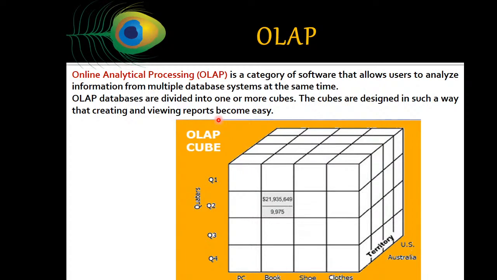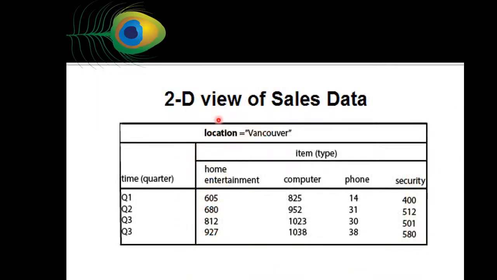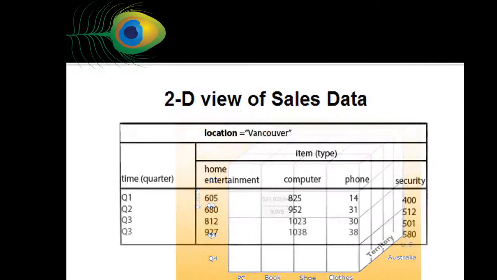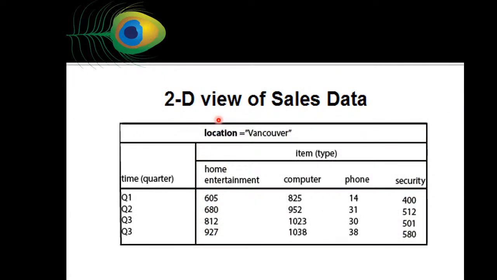In a single dimension we have only rows and columns, but in OLAP we can store multiple dimensions. So we have studied about the OLAP cube, how it works and how we can store data. The OLAP cube consists of numeric facts and